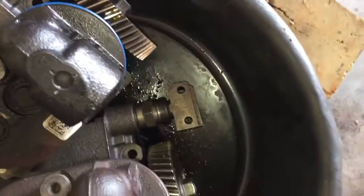So, but there we go. Updated. You have to update the STC fitting. Let me show the difference. I think I have a couple here. Oh, I took it off. That is a non-updated STC fitting. The updated one